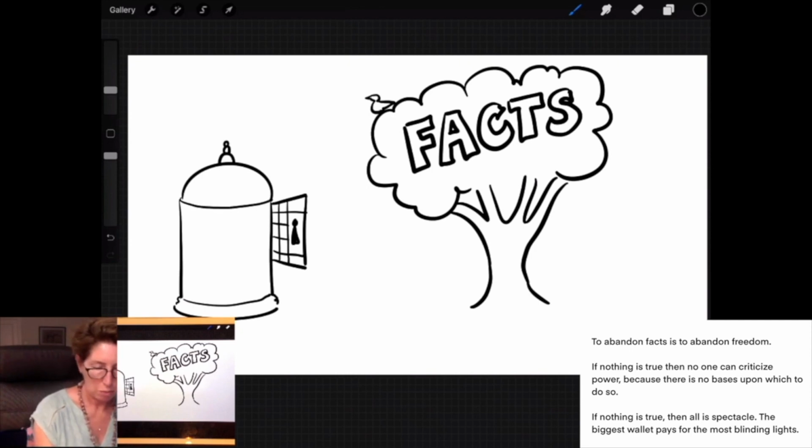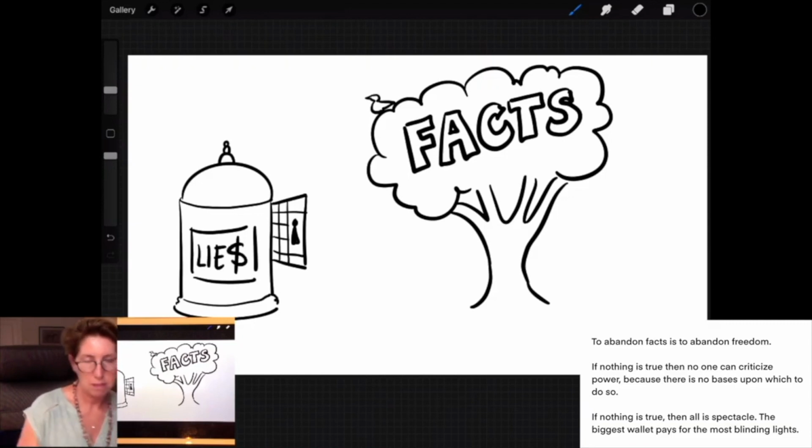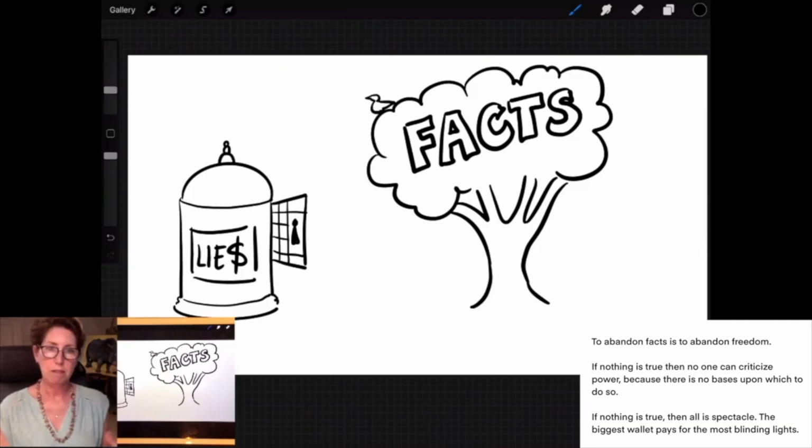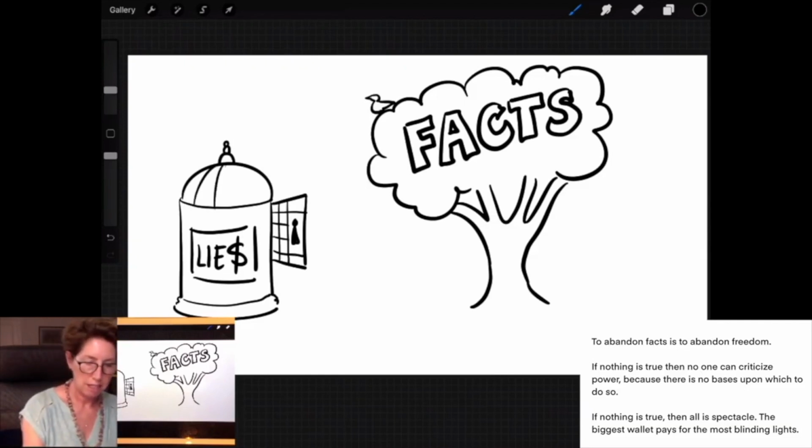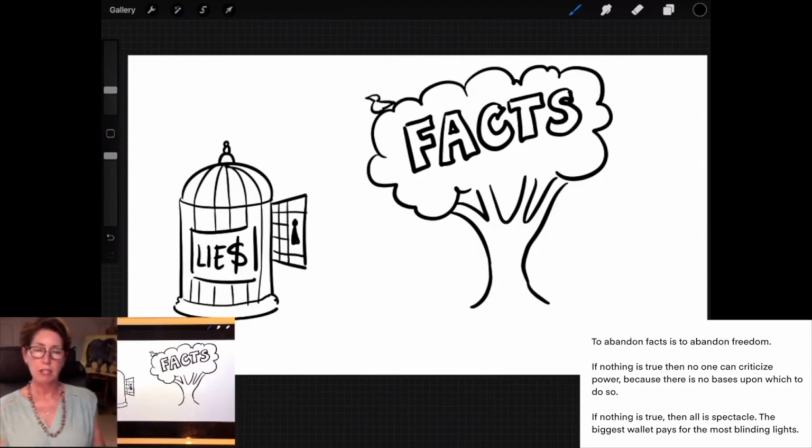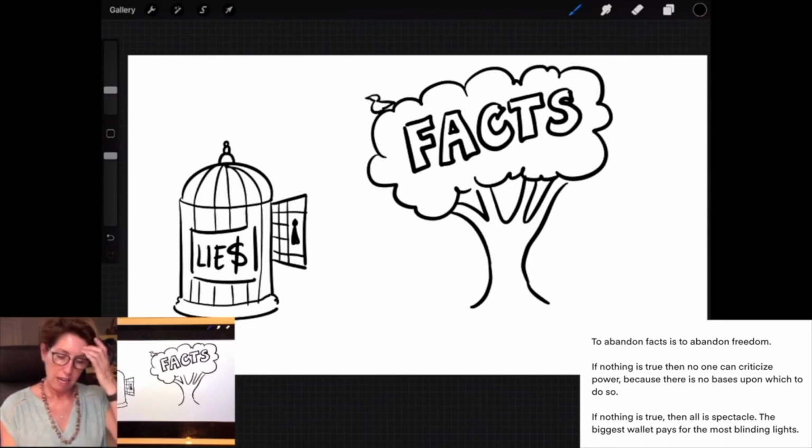And I use a lot of text, also symbolism. So there we have a classic image to match the first bit of our script. Okay, so we've got a bird's cage, a gilded cage, let's say. We've got our tree that the bird lives in, the text facts, lies, and then of course we move on